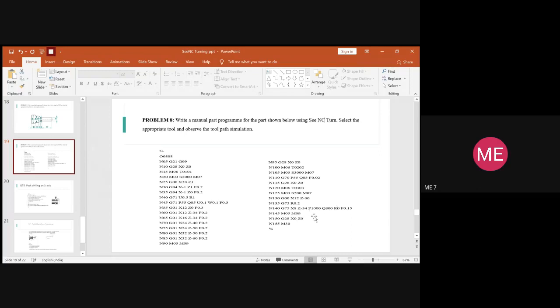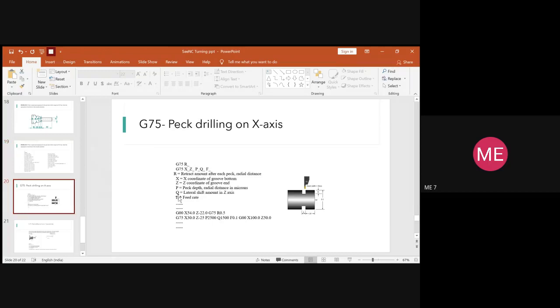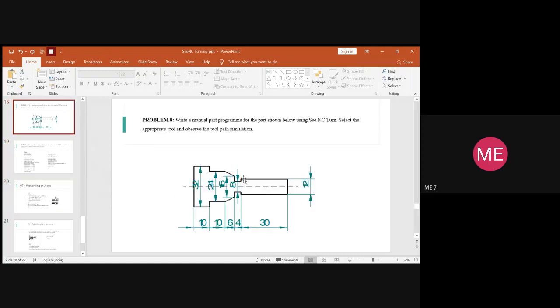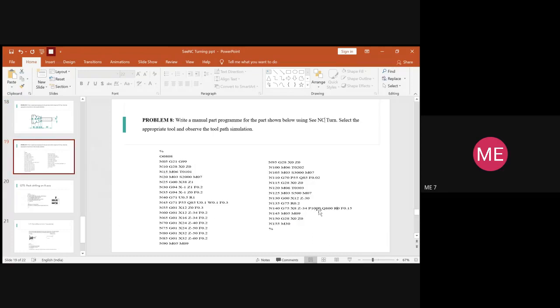And then you have to assign the value of P and Q. I told you the value of P is the peck depth. What is the depth of removal of the material which has been needed? Initially it was 12. Now we need only 8. So accordingly, in terms of microns, the value of P will be 1000.